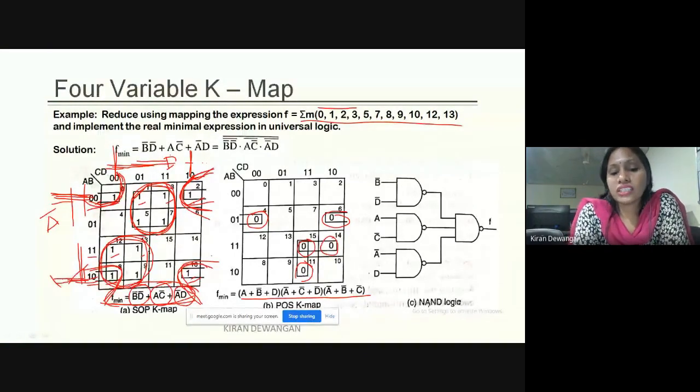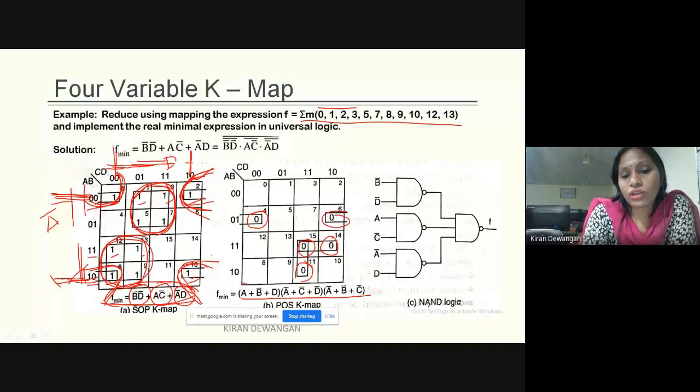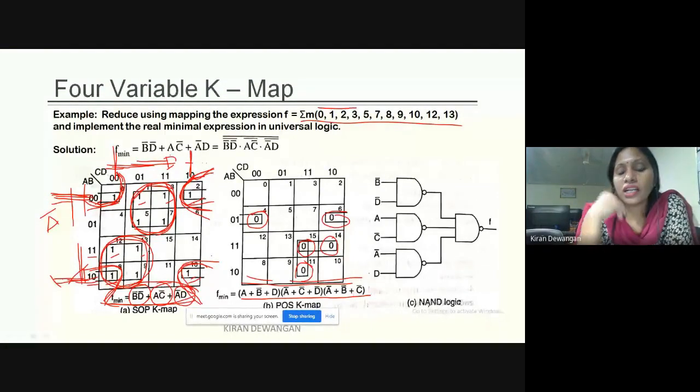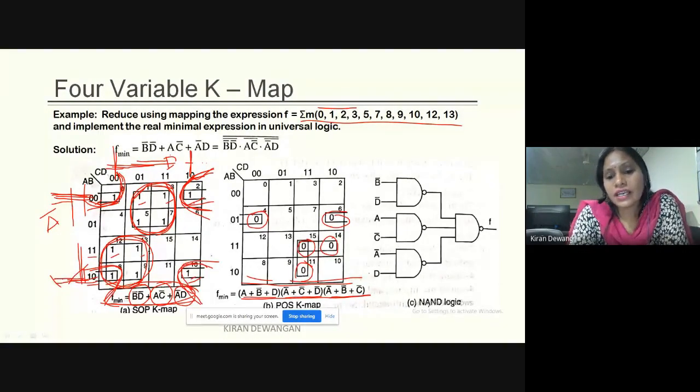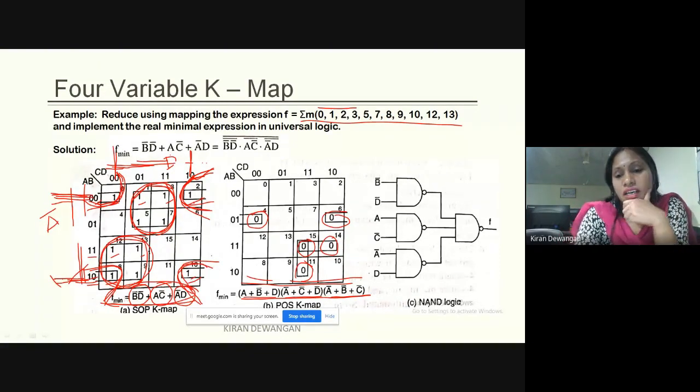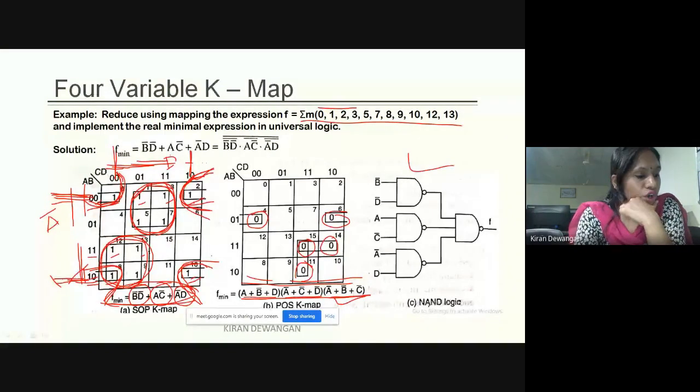अगर इसका NOR डिजाइन करना होगा तो क्या करेंगे? We'll just double complement it. इसका double complement करेंगे. So this term with a bar plus this term with a bar plus this term with a bar and a complete bar. Finally, we'll be having four NORs. Here, as we could see, we are having 4 NAND gate. Here also, we'll be having 4 NOR gates. And we can design it using NOR logic also.